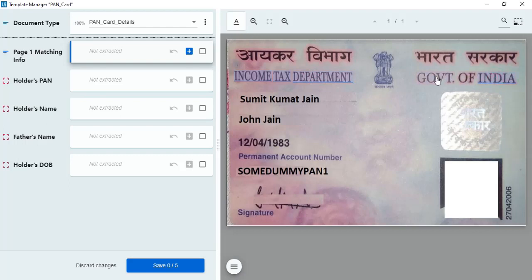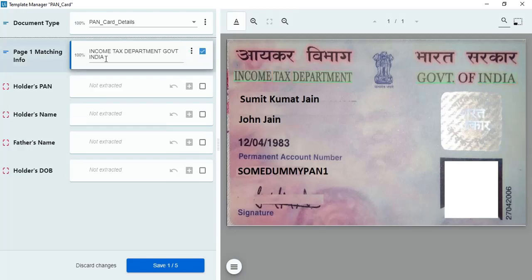I have chosen these 5. Just click on this plus sign and it extracts that. These are the fields which are not changing, and the program is going to identify this document based on the presence of these 5 elements.